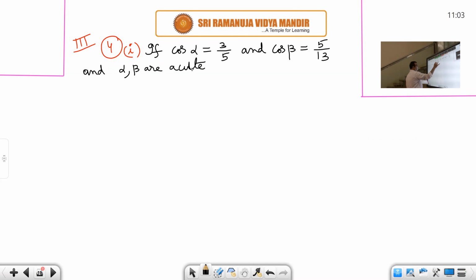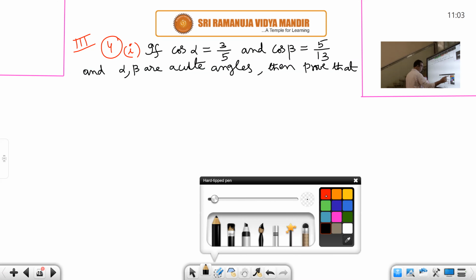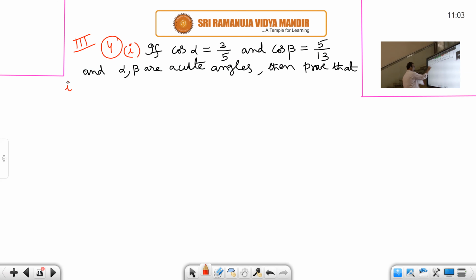Acute angles means between 0 degrees and 90 degrees. Then prove that, number one, sin square of alpha minus beta by 2 is equal to 1 by 65,